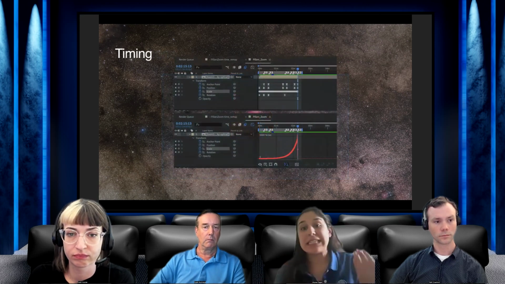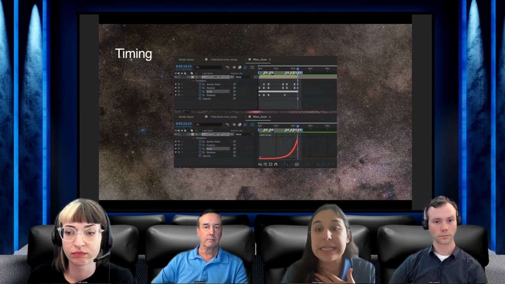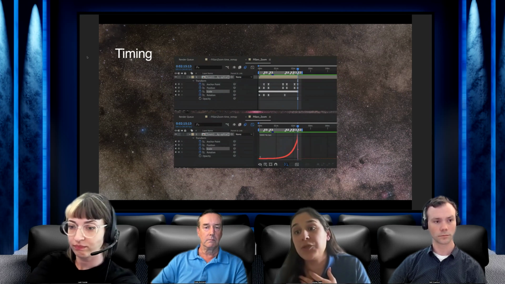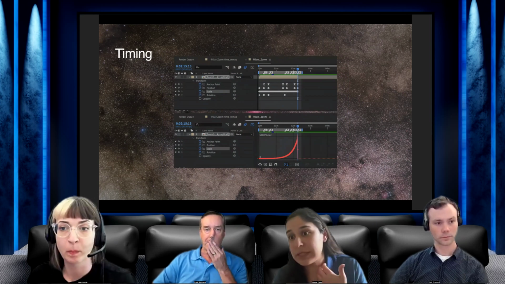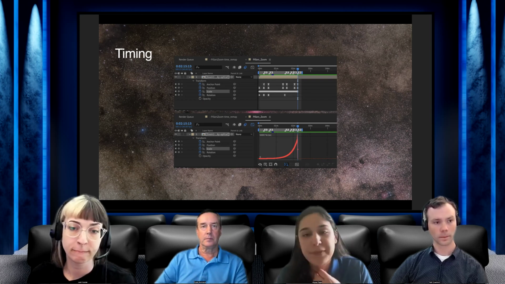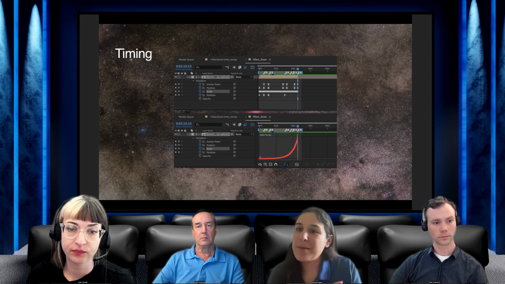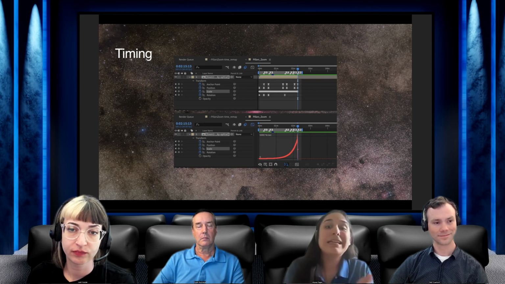And then lastly is the timing. So again, we start with an exponential zoom, which you can sort of see here. In After Effects, there's functionality to create these keyframes and bake them in to create the graph you see here, the Bezier graph of the keyframes. I also delete some of the keyframes at the beginning and end,